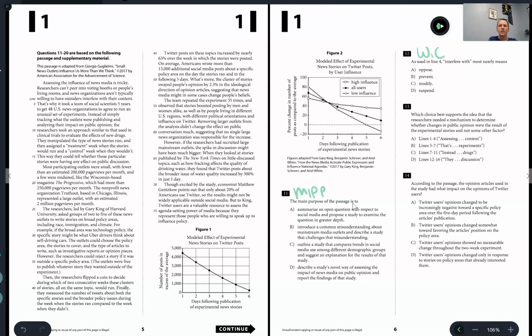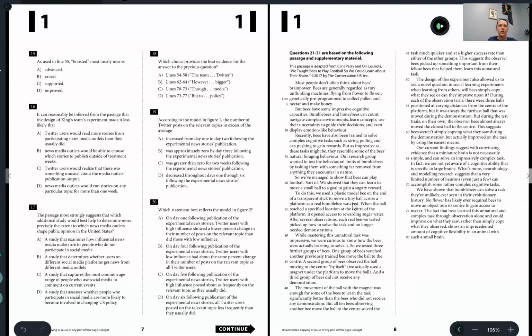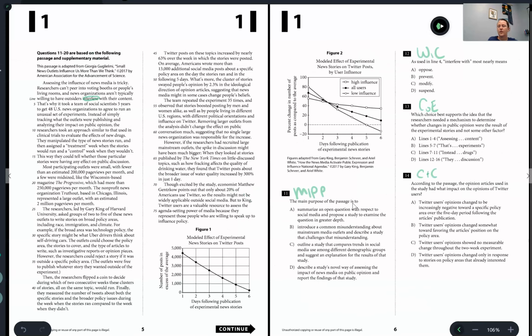Number 12 is a classic word and context question. Let's go to line 4 and circle the word interfere. Number 13 is a COE standalone. We see these lines of evidence, but it's not referencing the question above. It's referencing a specific claim. We don't need to prepare for that in any way. Number 14 says according to, so we know that that is a content question. We need to see if there is a COE follow-up before we move forward. There is not, so let's box some information in question 14.